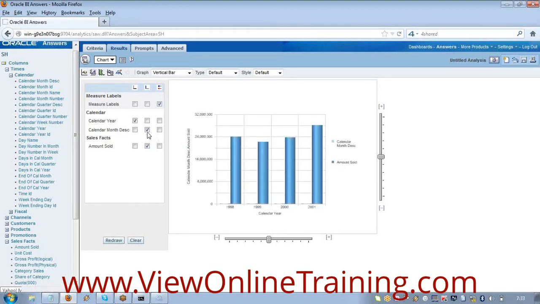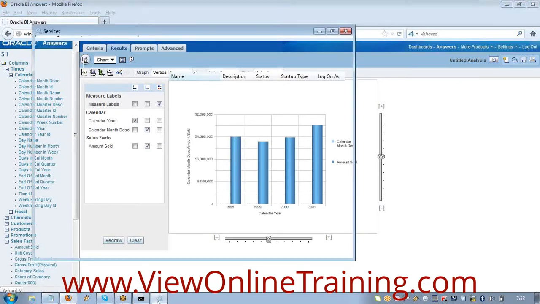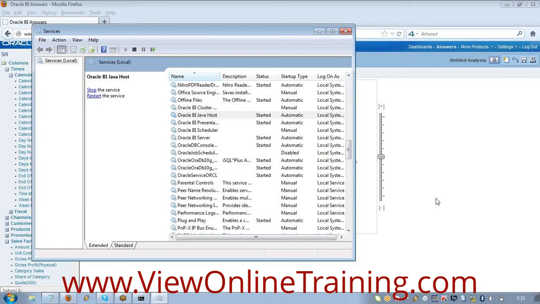So understood? Now if I stop the Java host, charts will not be displayed. Understood now the importance of the Java host server? They'll ask you, if the Java host server is not running, what happens? Nothing much. You can still display the default reports, but the graphs, images or charts for the report will not be displayed. That should be your answer. So you understood about all three servers: Oracle BI server, Oracle BI presentation server, and Oracle BI Java host server.